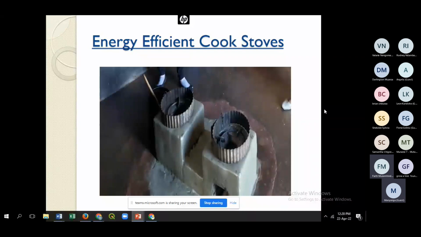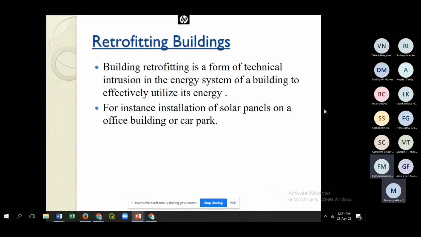Hence, it is easy to deal with the issue of deforestation. So we are running a rural household clean cooking initiative that will empower communities and reduce deforestation. Of course, I mentioned the issue of retrofitting of buildings. It is very critical. I'm happy there's legislation that is being done along those lines.